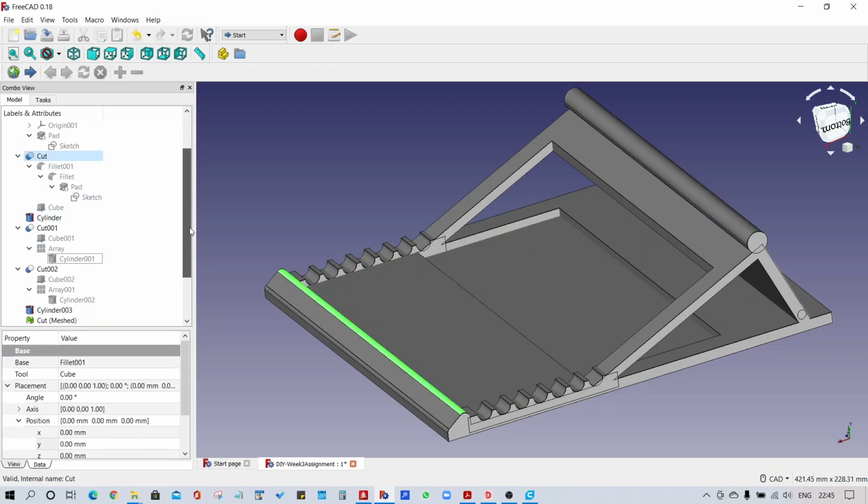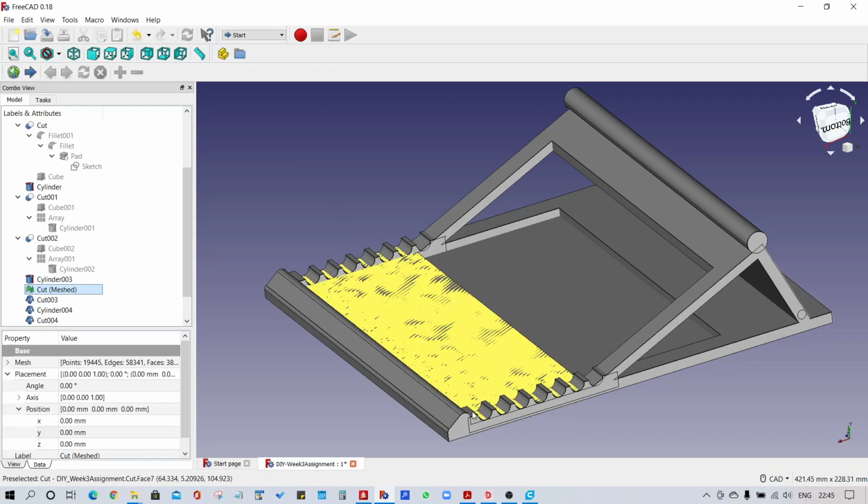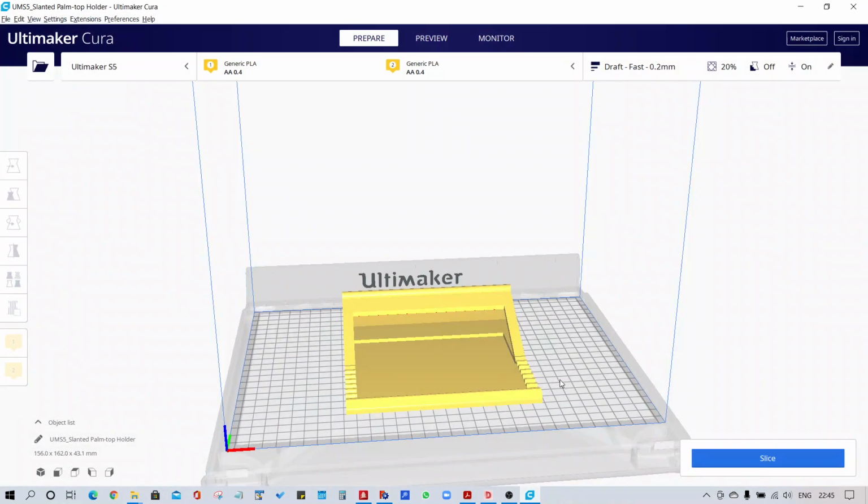Finally, a very fine triangular mesh has been placed on the figure in order to give it more strength. Next, this file has been saved. The selected parts have been exported as an STL file. We now go to the Ultimaker Cura software where I have opened the required file.